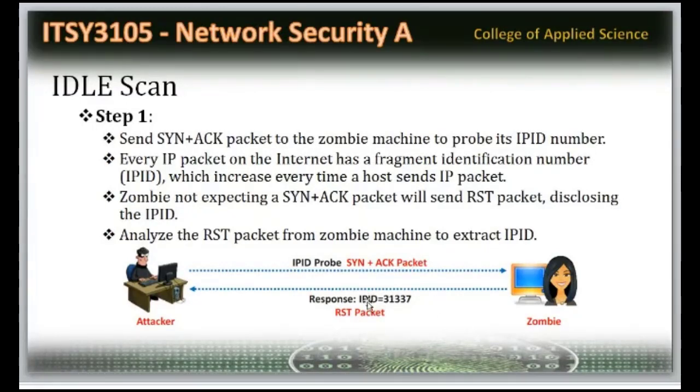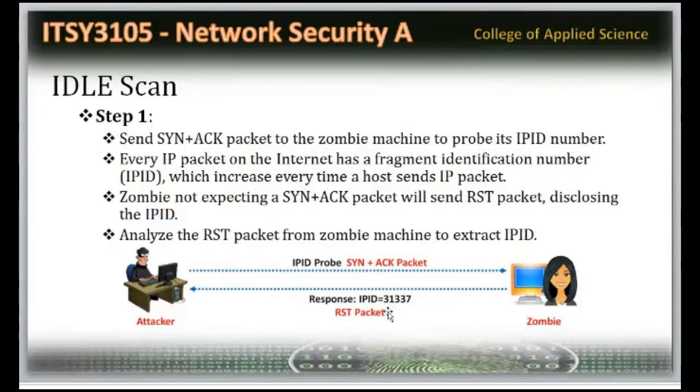Now, in that reset response, what is available? The IP ID will be available. This machine will continuously use some sequence number, that means the fragmentation ID. So the fragmentation ID it is going to give. Now, the attacker got it. What does this feature mean? Suppose packet number 1, packet number 2, packet number 3 going from here. Now I got it. This is your current packet. You are using this number.